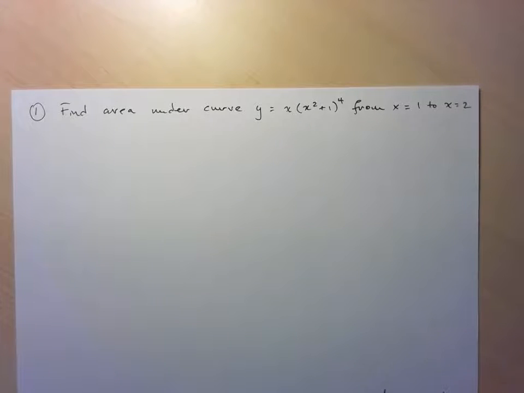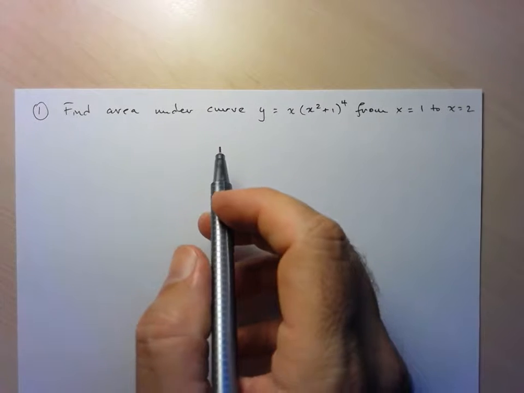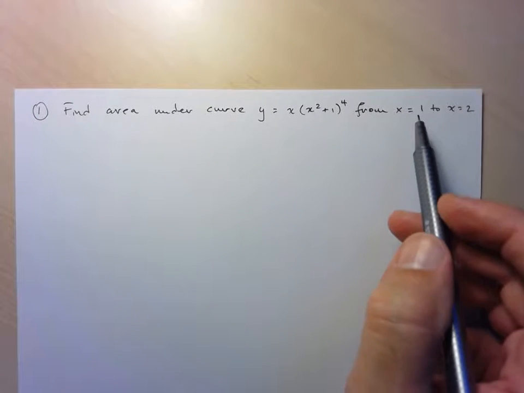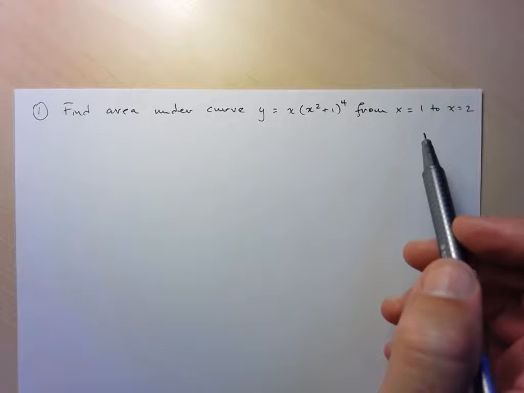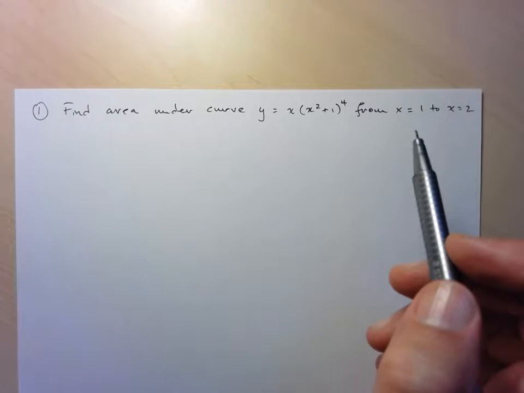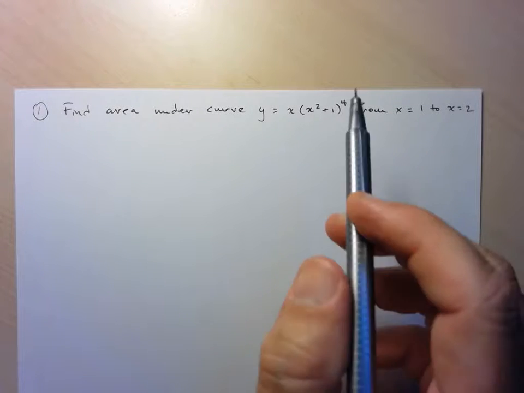Hi folks, here's a couple of questions of finding areas under curves. So question number one is to find the area under this curve from x equals 0 to 1. So when we talk about the area under the curve, we talk about the area from the curve itself to